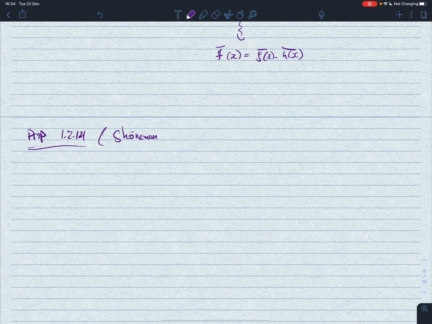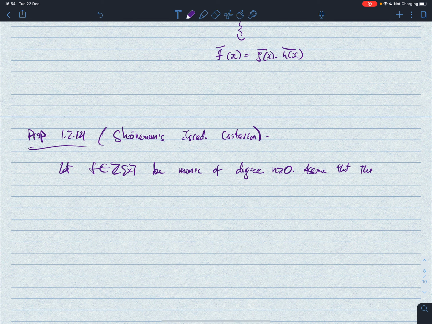Schoenemann's, I don't know if I'm pronouncing it correctly. Irreducibility criterion. What does it say? So I'm going to let f be in Z[x], monic of degree n greater than 0, and assume that